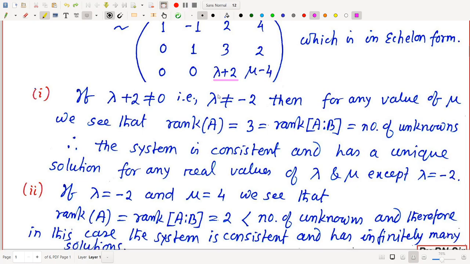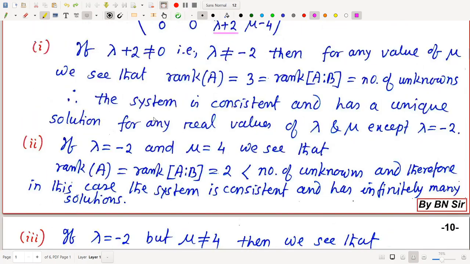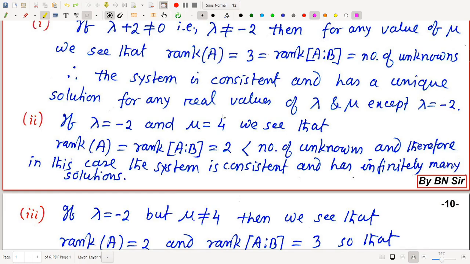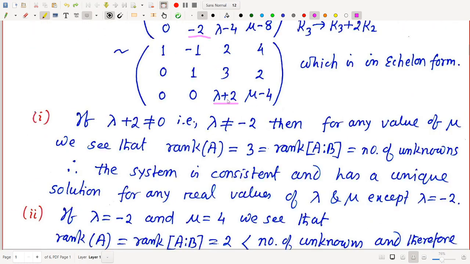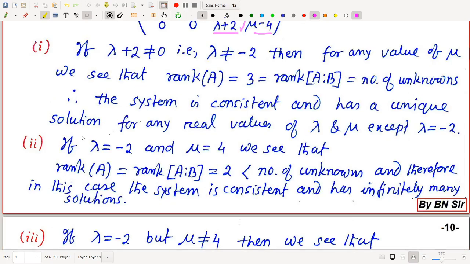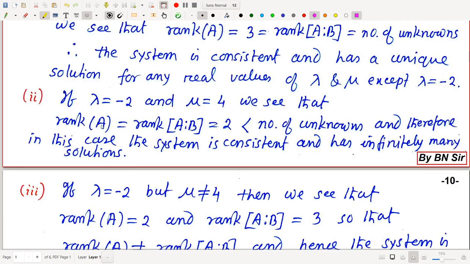Next, for infinitely many solutions: if lambda equal to minus 2, this will be 0, and mu equal to 4, then also this will be 0, meaning the third row will be 0. Lambda equal to minus 2, mu equal to 4. In that case, for both A and [A : B], the third row will be 0, meaning the rank will be 2 for both of them. So that's why we have written if lambda equal to minus 2 and mu equal to 4, we see that rank A equal to rank [A : B], meaning the rank of the coefficient matrix and the rank of the augmented matrix are both